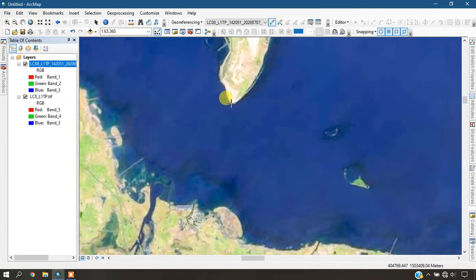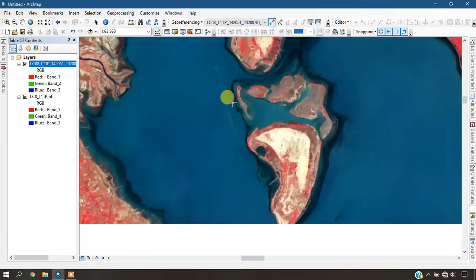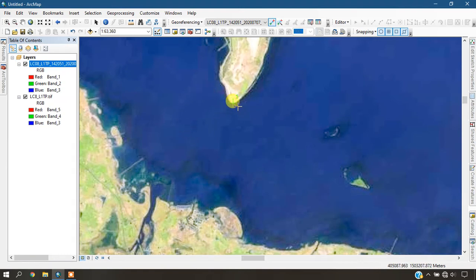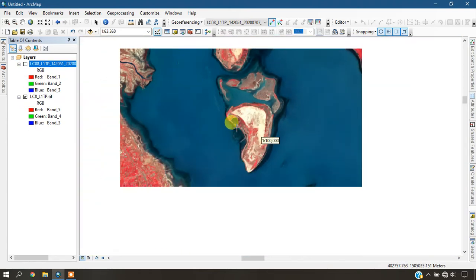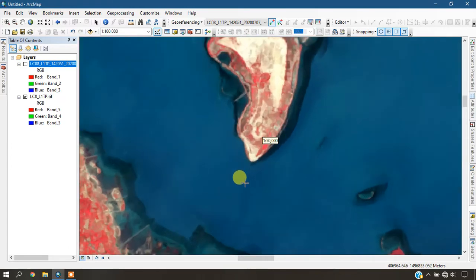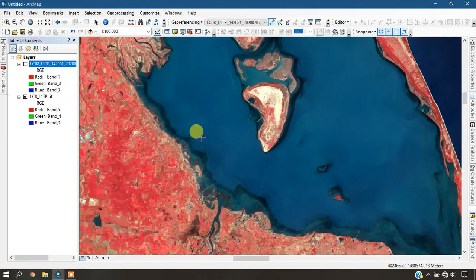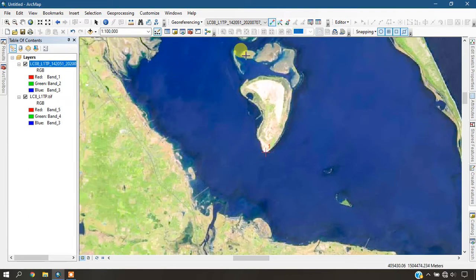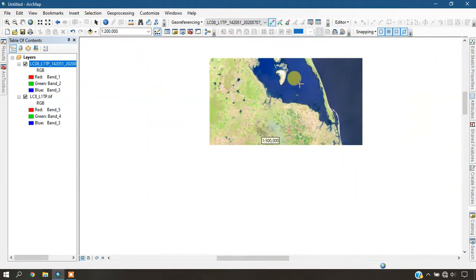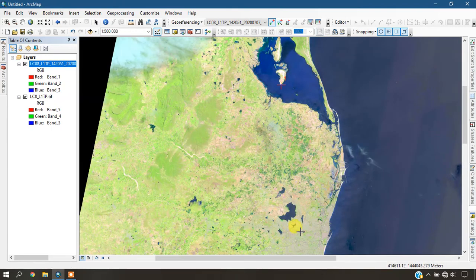So I am picking it as my first reference. So this is my first reference. I have clicked it on the image which isn't having the spatial reference. Now I am disabling that image. Now I am going back to the image which is having the spatial reference, and I am just clicking on the same place where I have clicked in the previous image. Once I have added the first reference, we are going to go back to the image which isn't having the spatial reference, and we are going to find some more reference points.